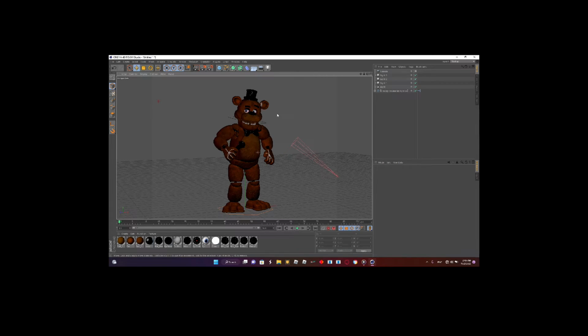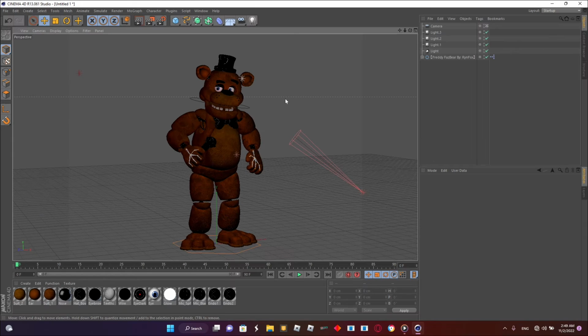Now for all you folks who were planning on doing a transparent background, it is way easier than you expect. It is 8 million times easier. If you've watched tutorials on it, you'll know people say oh, you have to do this, and you have to do this, and you have to put these render settings on. You have to do this, and this, and this, and this. Dude, it's literally 3 clicks. No, maybe 5. But all you have to do is go to your render settings again, click on that,